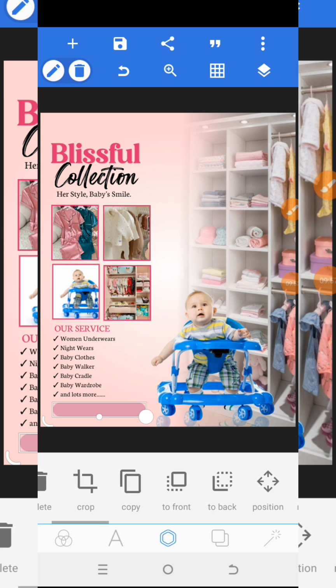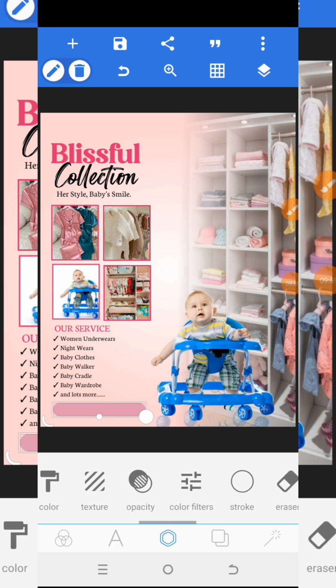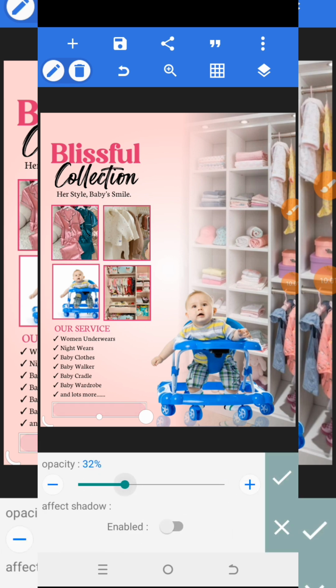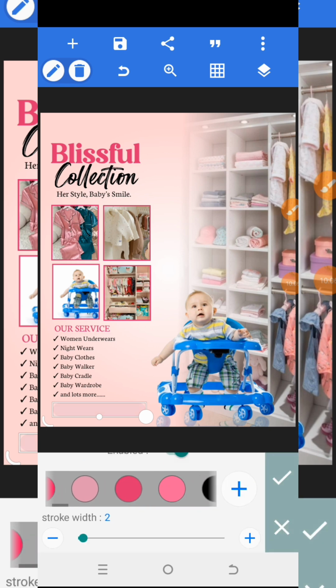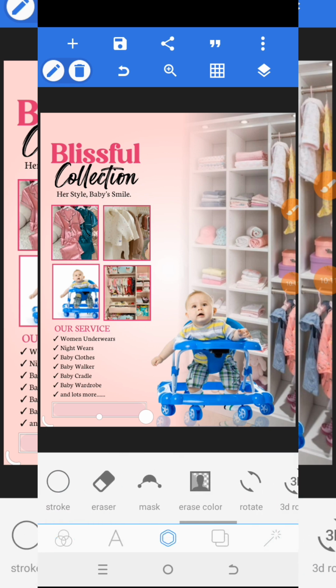So on this I will reduce the size a little bit, and I'll go to stroke it a little bit with white, and then I will go to shadow,